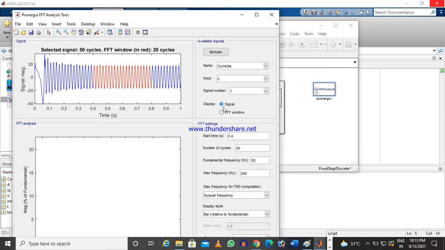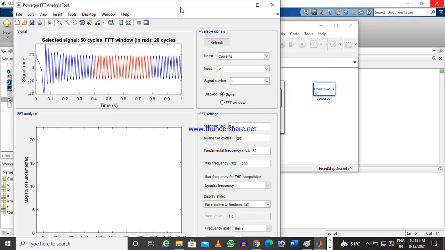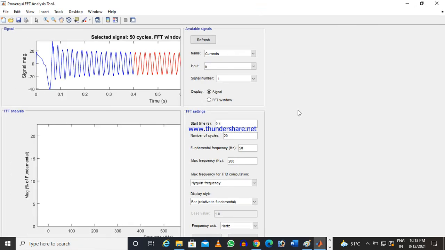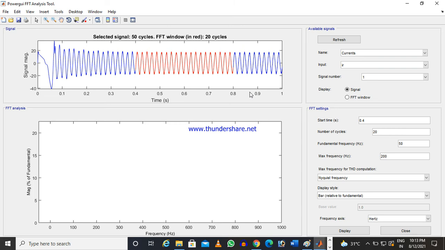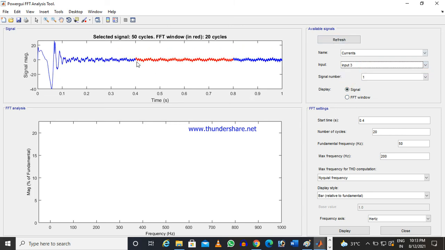I am much more concerned about my phase current after stopping the 50 Hertz. My laptop is very slow. So here I will select my input 3, the red color one.